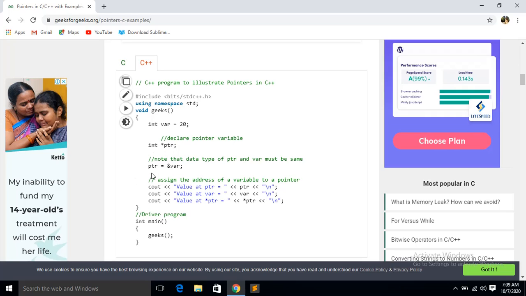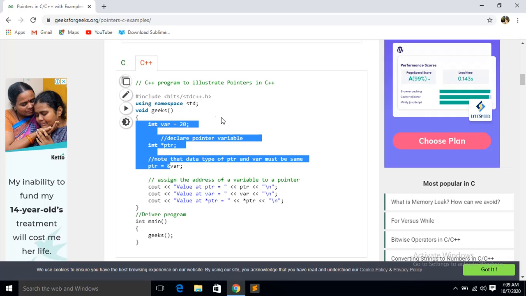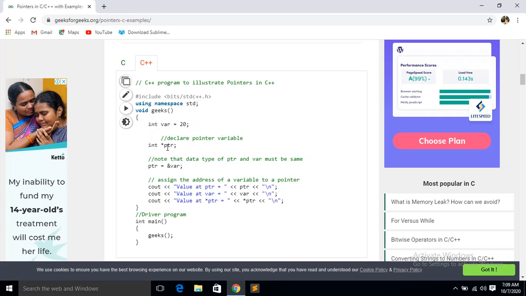Now ptr is one variable where the address of var is stored. What is stored? Address. So how do we represent the address? By the short form of AND. This is called ampersand. So ptr is equal to address of var is stored in ptr.